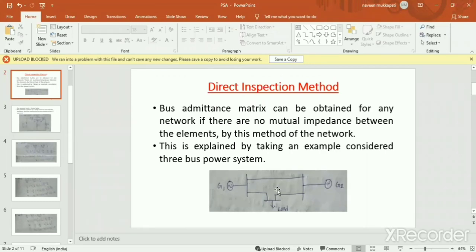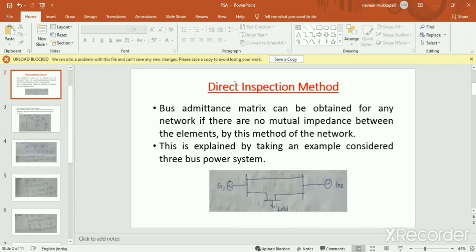After that, the elements, these straight lines, are represented by reactances only. Next are the loads. Loads are represented by reactances in the reactance diagram. In the case of the impedance diagram, loads are represented by resistors or reactors.